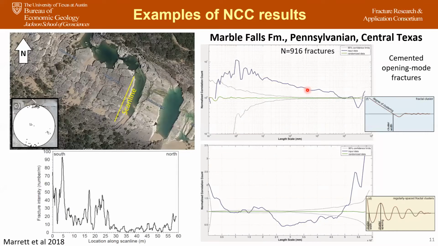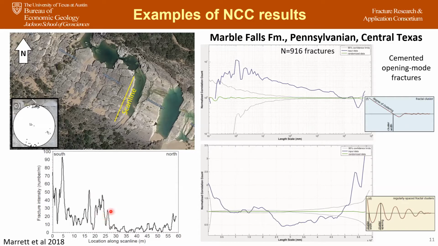So let's jump to some results. This is the Marble Falls formation from Pennsylvanian of Central Texas. These are some carbonates of Pennsylvanian age. From this paper from Marrett et al., he published this scan line that was done in this location, crossing some of these veins going east-northwest. You can see here this fracture intensity plot. We have at least two big clusters here, one at the beginning of the scan line, and another one here that also have a distinguished